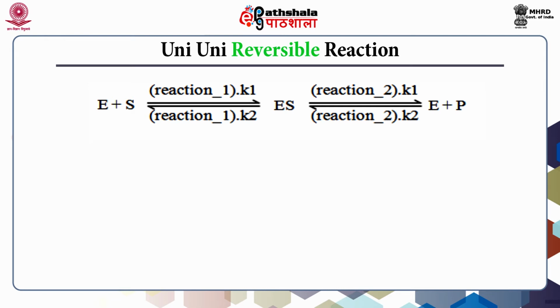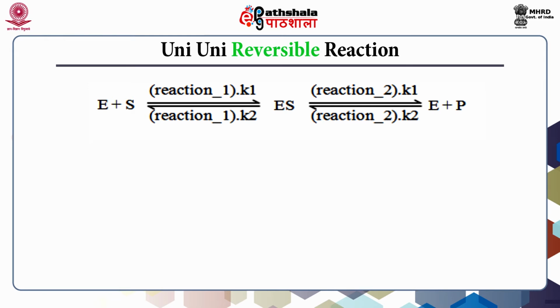That is, the rate constant in the first reaction in the forward direction is represented with the symbol reaction_1.K1. The reaction_2.K1 is the rate constant for the second reaction in the forward direction, that is the formation of the product from the enzyme substrate complex. The reaction_2.K2 is the rate constant for the second reaction in the backward direction,